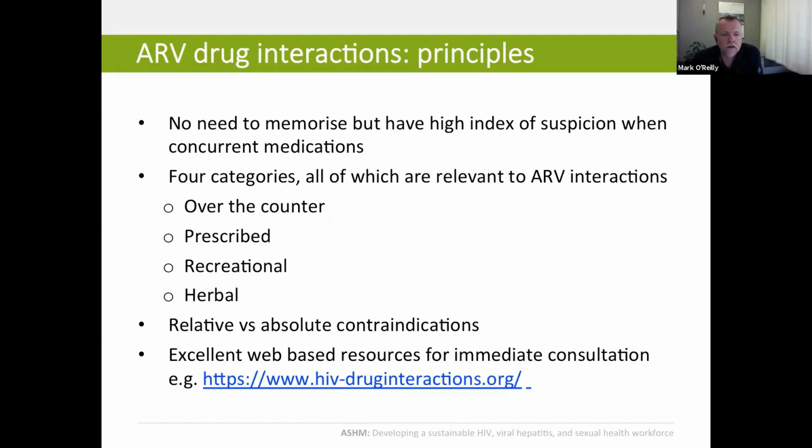There are 4 categories of drug-drug interactions that we think about, all of which are relevant to antiretroviral therapy. We've got to think about over-the-counter medications, prescribed medications, recreational drugs, and then herbal medications as well. Then we need to think about, when it comes to drug-drug interactions, relative versus absolute contraindications. Some things we may be able to get away with, but there may be some drug-drug interactions which are absolute